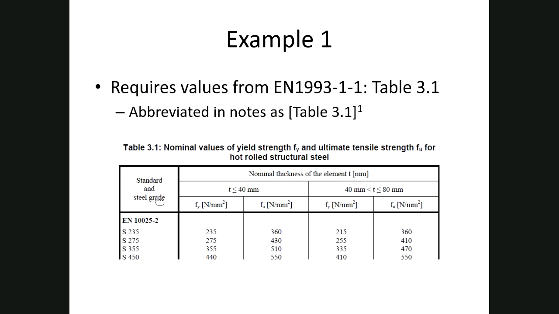And then the second mistake, which would have come out of the same kind of thing, was that we require Table 3.1 in Eurocode 3, Part 1 to get the material strength. So I gave you S275 steel, that's the grade of steel. And from this Table 3.1, you can see that for a thickness less than 40 millimeters, the yield strength is 275 newtons per millimeter squared, and the ultimate strength is equal to 430 newtons per millimeter squared. So some people had 265 here and 410, and that again comes from a table